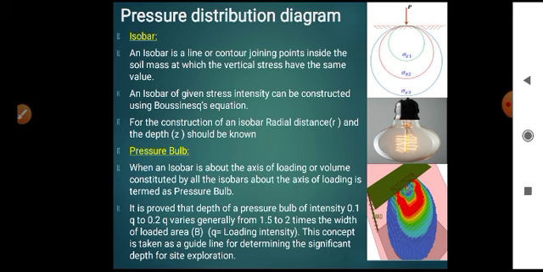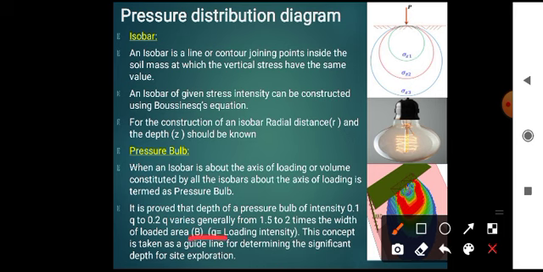So why is it chosen? For many applications, maybe an embankment, maybe a normal footing, maybe a pile foundation, etc., there is a guideline set out by the Indian Standard Code. That has been taken on the basis of this: whatever load we are applying, normally 10 or 20% of the applied loading intensity gives its influence up to a depth of 1.5 to 2 times B, the width of the footing.